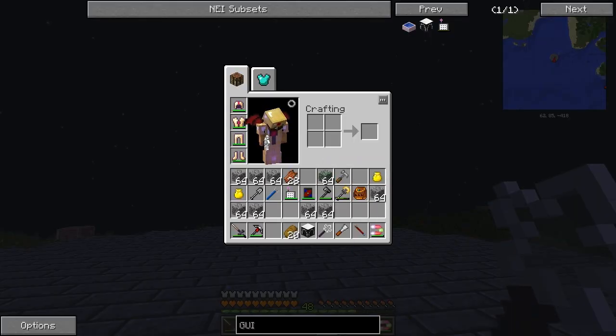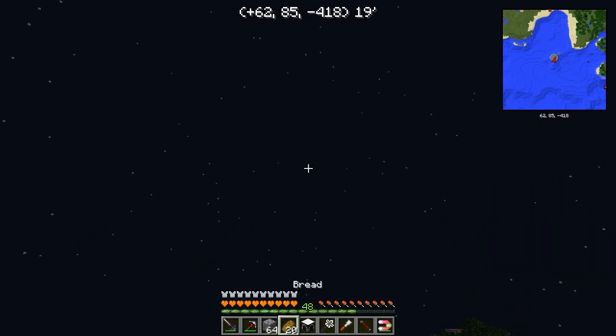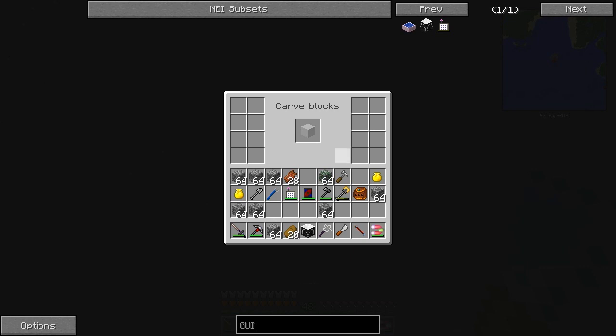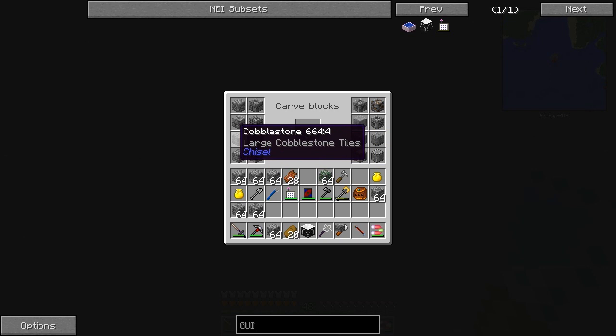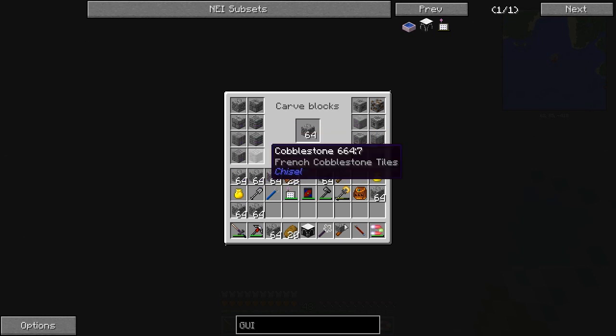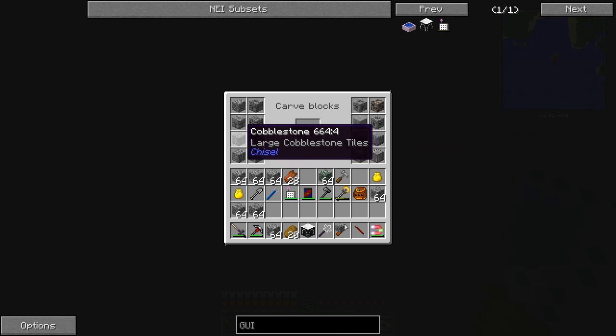So, okay, now that we've got that done, let's go ahead and change blocks up just a little bit here. Let's see, what do we got to choose from? Alright, let's see here. What do we think here? What are we thinking? Cobblestone tiles, French cobblestone tiles. Yeah, I want this top half of the house to be a little bit different. But then, let's see here. Let's go with...